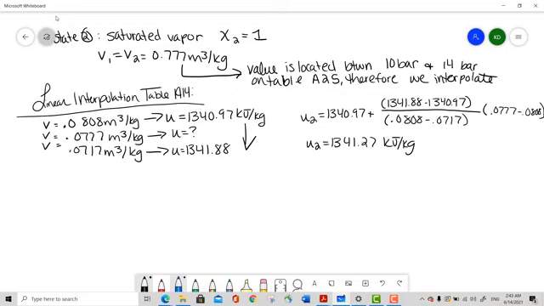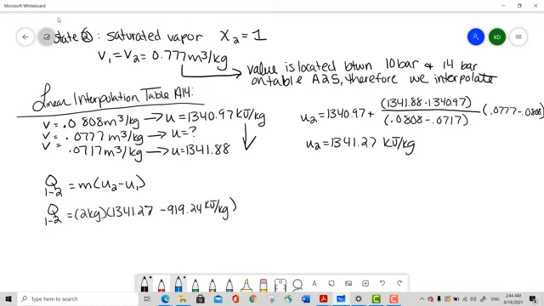Okay, and so then we're going to go back to our formula because now we have this data that we can plug in and get the heat transfer between 1 and 2. So we've got that, and then we plug in 2 kilograms, 1341.27, whoops, minus 919.24 kilojoules per kilogram,